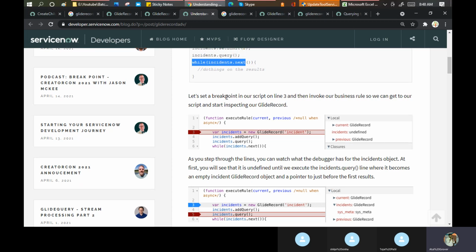So what they say, let's set a breakpoint in our script on line number 3 to then invoke our business rule so that we can get our script started inspecting this one. Function execute current previous null, then var incident new glide record. It means in this particular glide record, I'm passing the value of my table, that is the incident, and that is going into my variable.